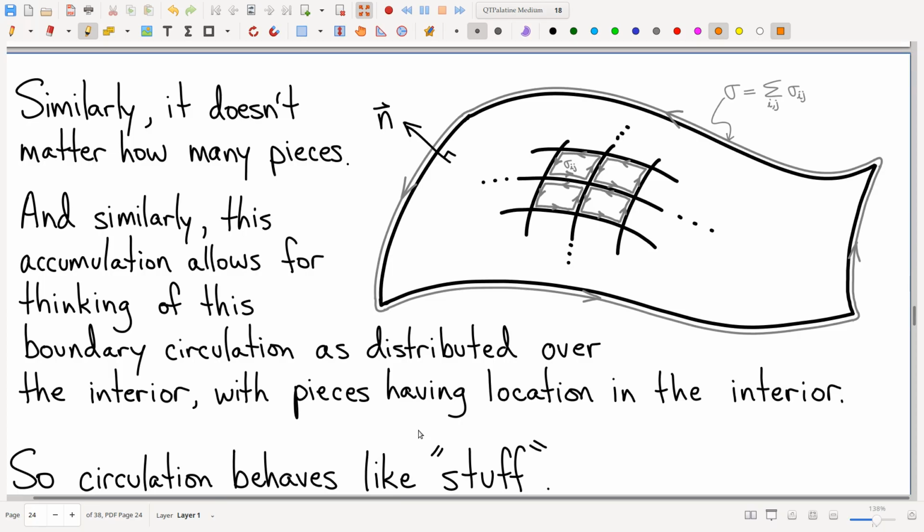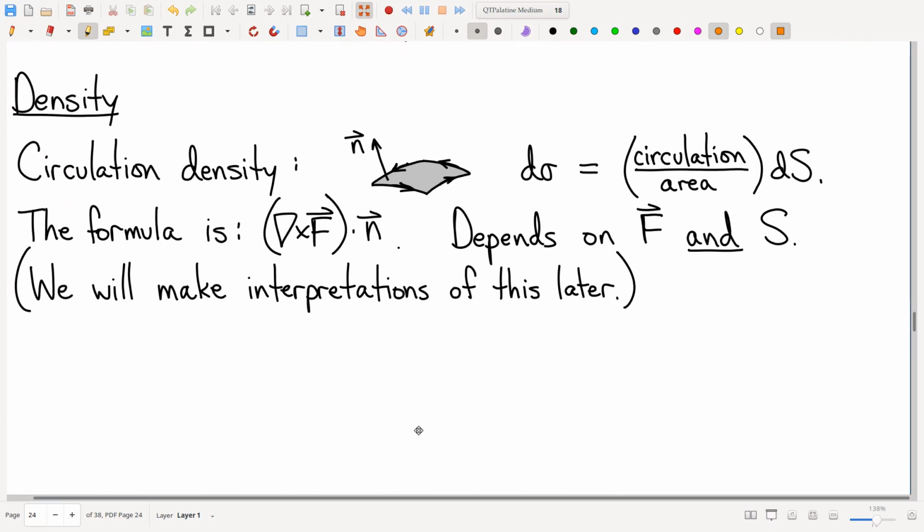Physically, it isn't stuff, but it behaves like stuff, so we're going to treat it like stuff, and it won't lead us astray. There's an associated density we can compute. Now, the details of where this comes from are, I feel at this stage anyway, a distraction from the point. The point is